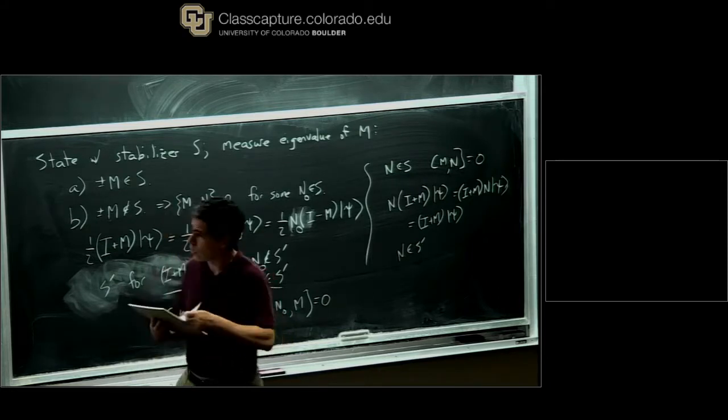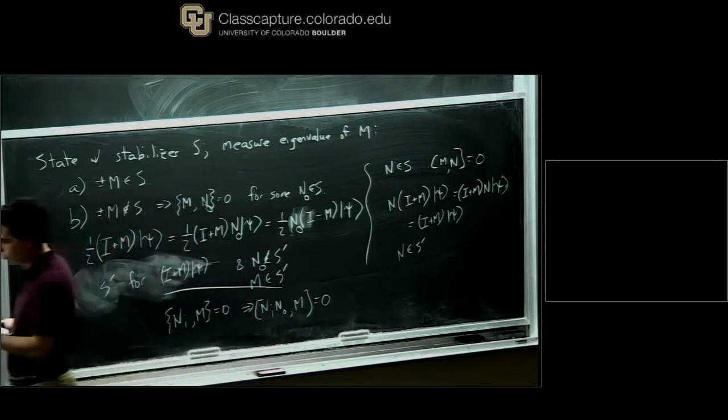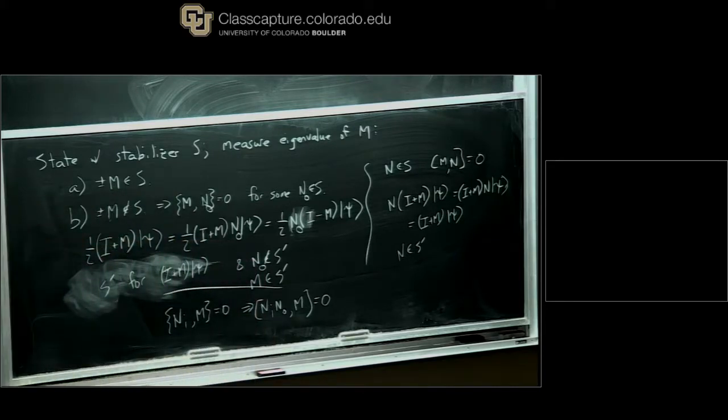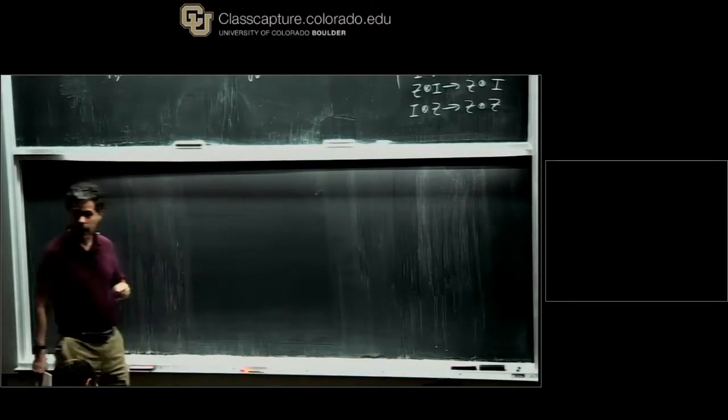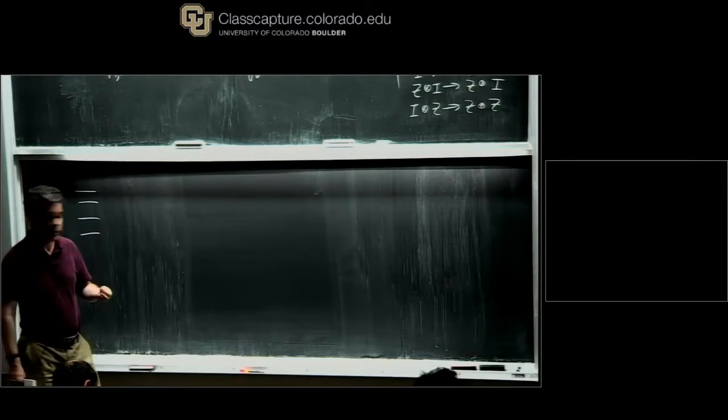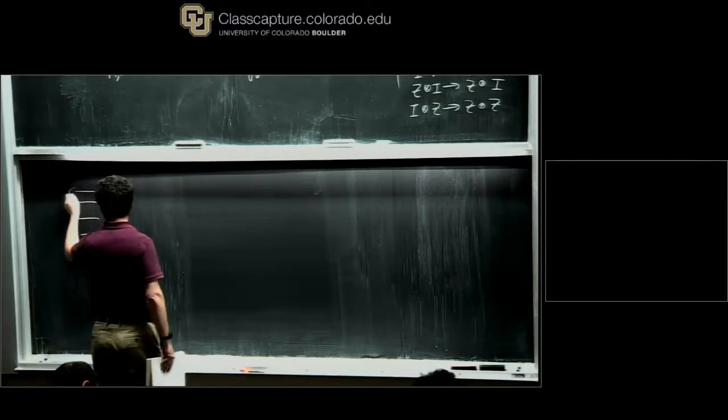Okay. So now I want to move on to fault tolerance. Let me first talk about the formal model that I want to use to think about fault tolerance. What we're going to want to do is have some circuit, and it's going to have errors in it. So what does that mean? I want to break up the circuit into a